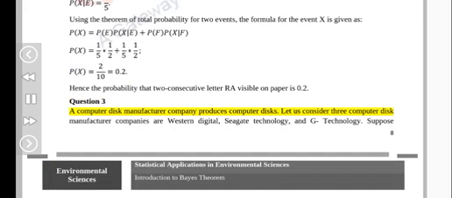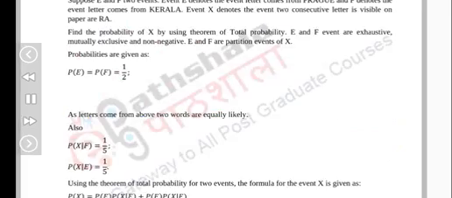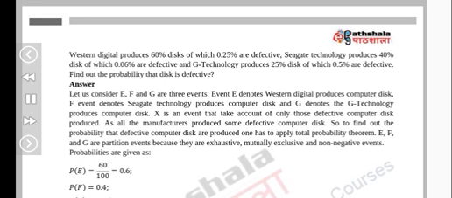Question 3. A computer disk manufacturer company produces computer disks. Let us consider three computer disk manufacturer companies: Western Digital, Seagate Technology, and G Technology. Suppose